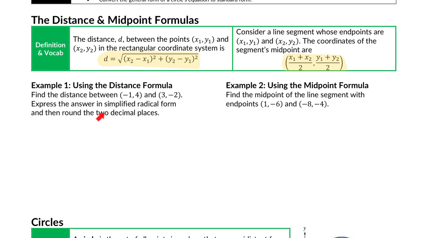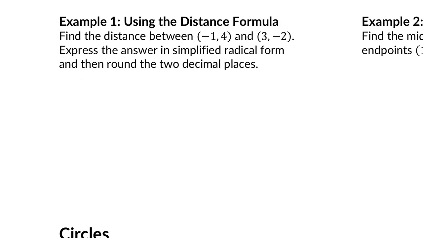Please make sure you're reading the questions to see how many decimal points it wants you to round to, because the book will change how many. It'll show up underneath the question in like a blue script. It'll say, please round your answer to so many decimal places. Do that. Okay. If we're finding the distance between these 2 points, just like when we use the slope formula,